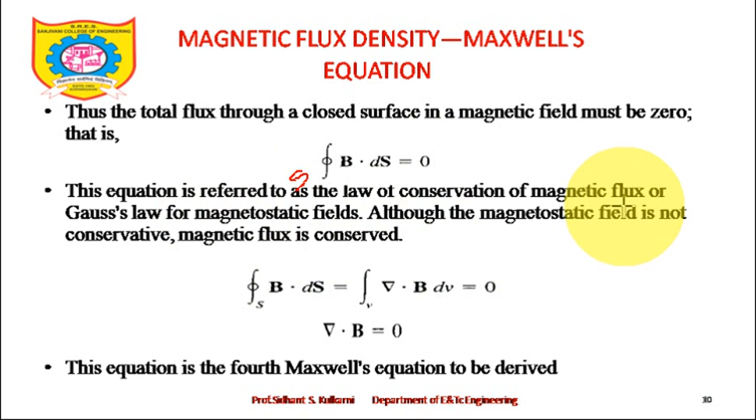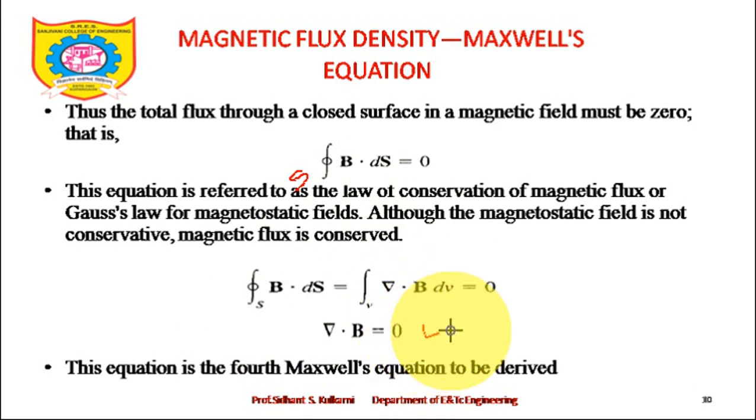So the magnetic field is not conservative, that is, del cross H bar is not equal to 0, but the magnetic flux, I am talking about psi, is conserved. That means it has a certain direction, and the flux will not come out even if I close it with a closed surface. Now finally we will apply the divergence theorem here. The closed surface integral of B bar dot dS bar is equal to the volume integral of del dot B bar dv, and since the closed surface integral of B bar dot dS bar is equal to 0, del dot B bar is equal to 0.